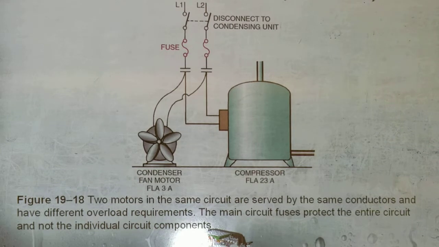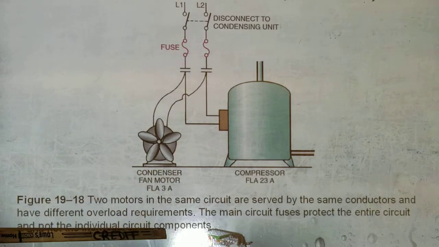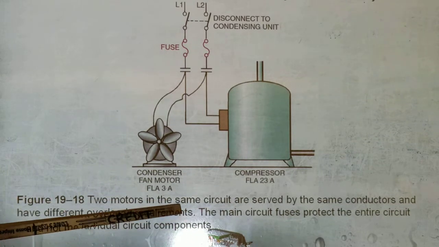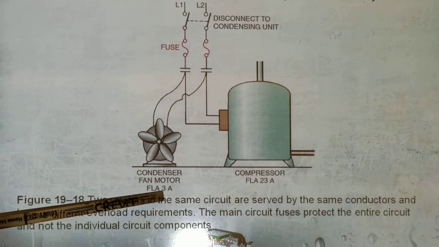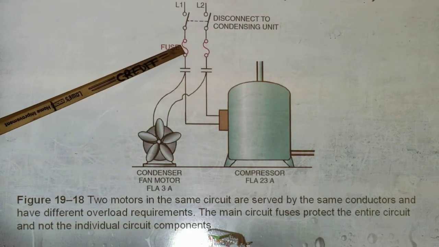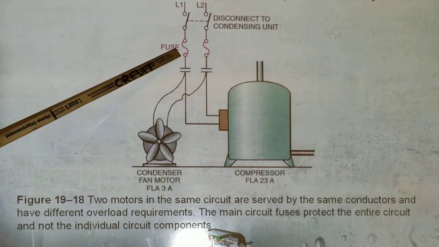Okay, so another cartoon for you. You have a condenser fan motor that's running about 3 amps, right? Compressor, it's running about 23 amps, right? So how many amps is that? 26 amps. Okay, so in this case, what they're doing is they're fusing the entire condensing unit with some fuses,